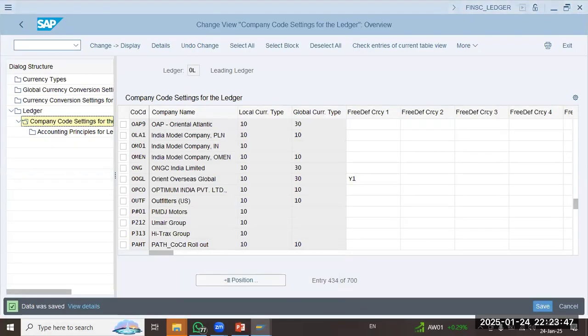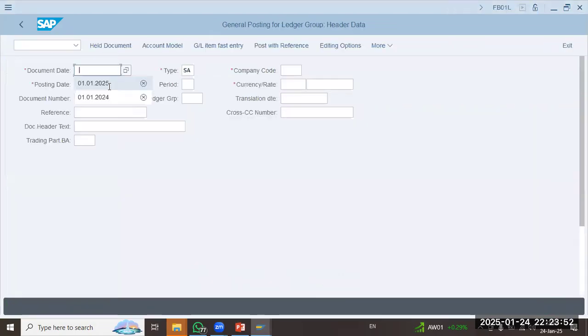That was saved. Maybe throw an L. IP9. AP